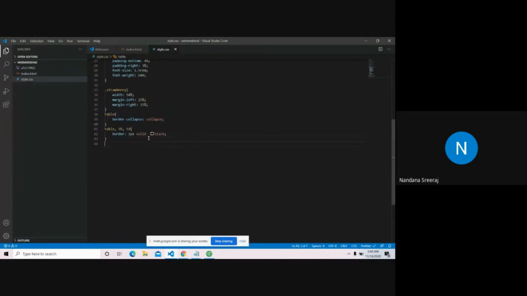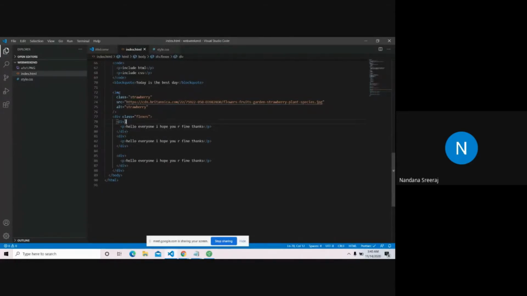I'll just format this, like I'll give a background color to make it look good. The 3 paragraph tags, I'll give the class name PT, and I'll give some color because it won't look good if it's plain.